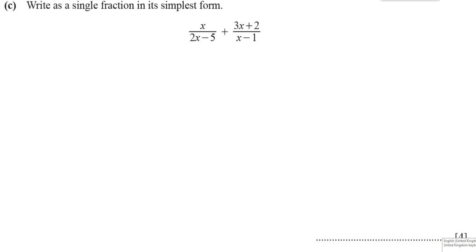Here we have an algebraic fraction we have to simplify. In order to simplify this fraction, we have to make sure the denominators are the same, just like with normal fractions. Just imagine we had a normal fraction. I'll make a line here to separate these two. Supposing I had a fraction like, say,